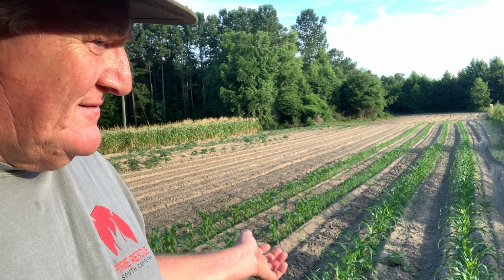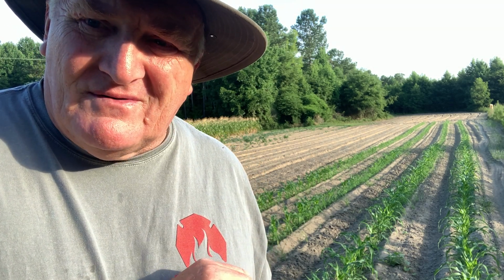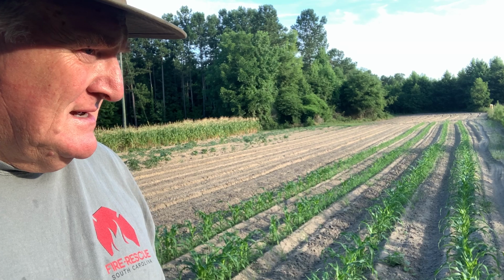So the moisture's there, the other stuff is there. It's just I gotta doctor it and finish it up. But what I was trying to wait on, I didn't want to plow it or move the dirt around and take any of the moisture away, because it's still looking good. So what I'm doing is just trying to get through. But the one thing I have got and what I wanted to share,